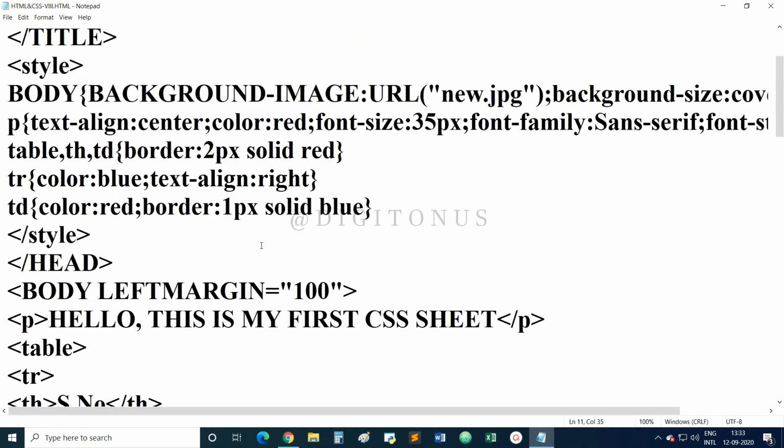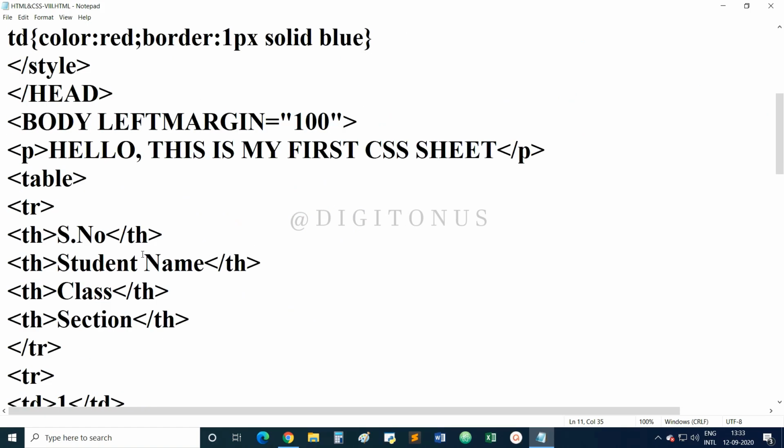Okay, so in this video we have learned how to create the table and how to give it a border. We have also learned how to enhance the appearance of our table by using CSS properties. So whatever tag you want to make changes in, you have to write that particular tag in the CSS style sheet.